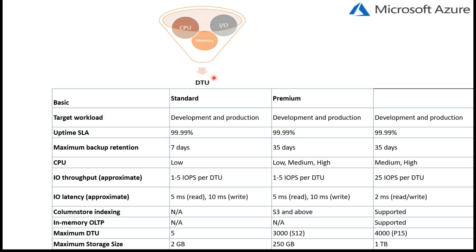We can think of the DTU as the horsepower in a core, because it directly affects the performance of your database. DTU represents CPU, memory, and IO operations, that's the input/output operations, as well as the log input/output operations. So the main idea of the DTU concept is to offer a pre-configured resource configuration to